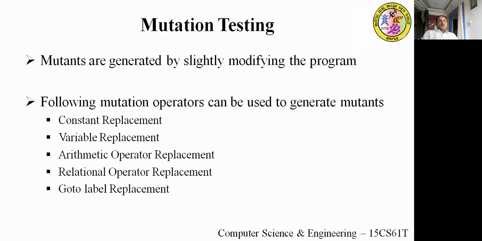And arithmetic operator replacement. For example, instead of addition, you want to perform subtraction or whatever it is. Based on your requirements, you may change the operator. You may also change the order of operators. First you want to perform multiplication, then division, addition, and subtraction, or first you want to perform addition. That depends on your requirement. So you may replace the operator also. All arithmetic operators, addition, subtraction, multiplication, division, or modulus, whatever the operators are, you can replace them as per your requirement. Then relational operator.